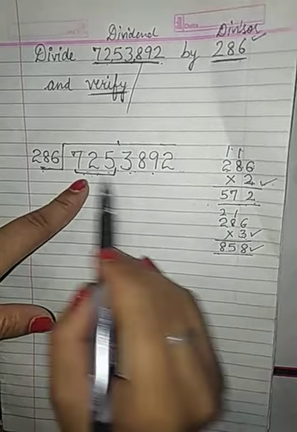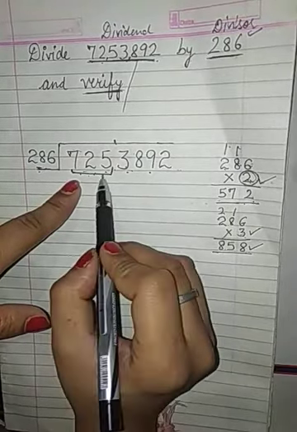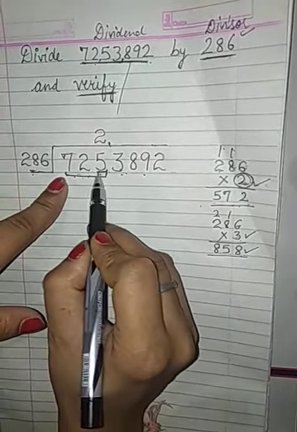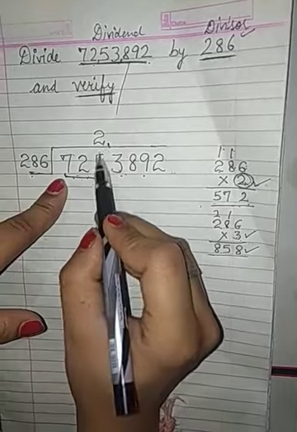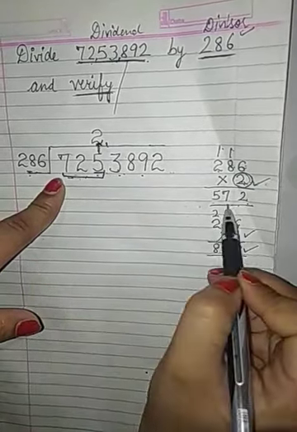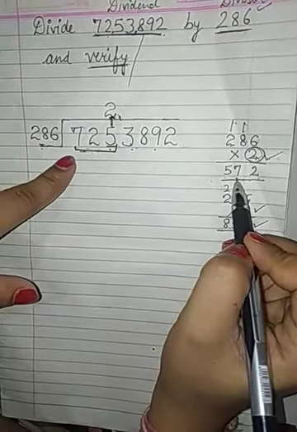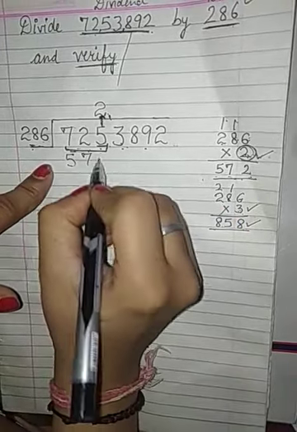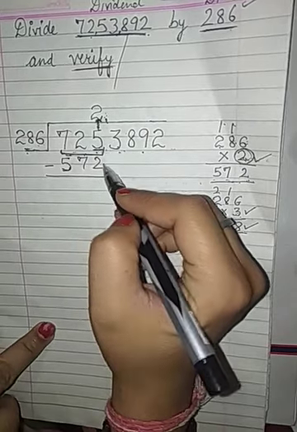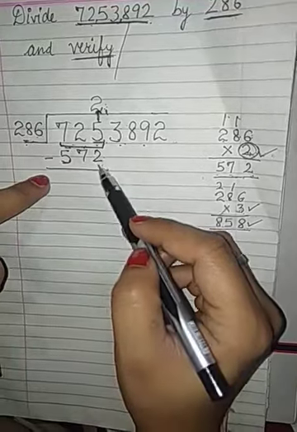it will go with 2 only. So I am going to write the number 2 at the top of the number 5, because you have to write the quotient above the last digit of the 3-digit number, 5. Now we are going to write 286 going with 2 is 572. You have to write the quotient on the ones place of the digit where it is ending, and after it we will subtract these two numbers.